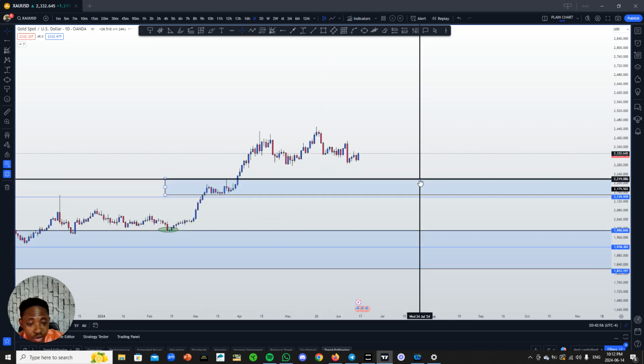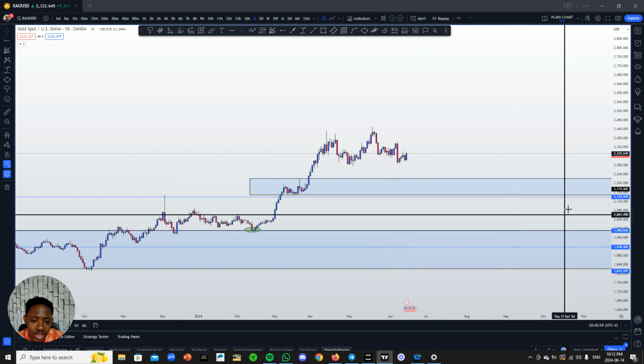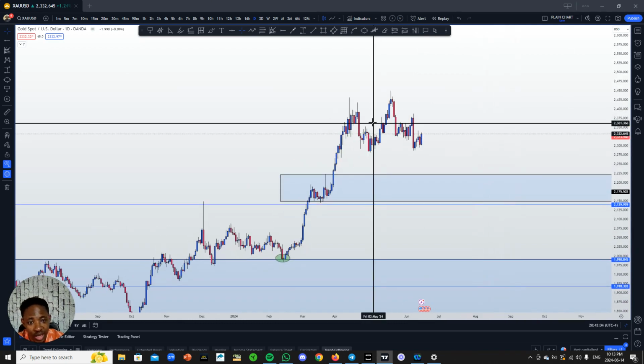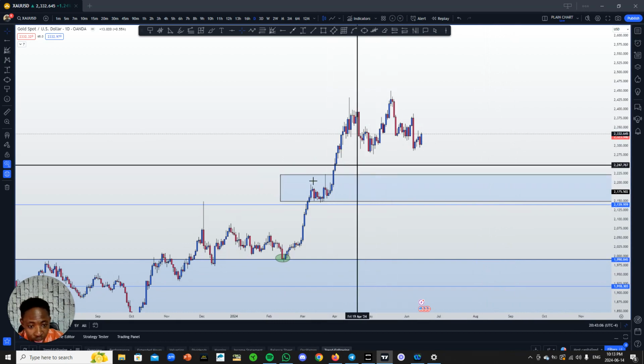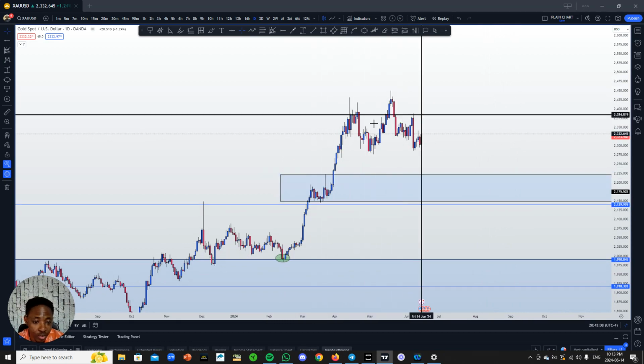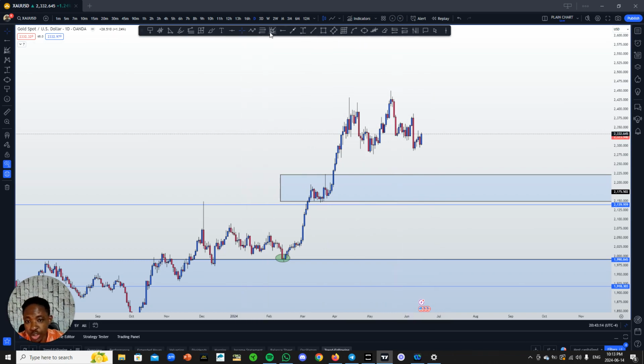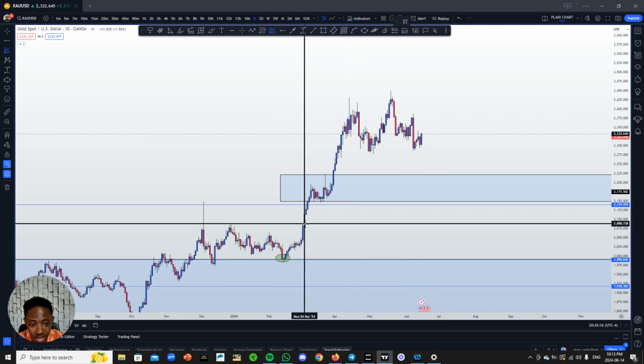So the daily time frame is very important. So am I seeing any levels that are of important here? So here on the daily time frame, what do I see? I see a very nice head and shoulders pattern, right? Very clean one. So looking at this on the daily time frame, this is telling me that gold could be pushing down, right? So if gold is pushing down, there are so many ways I can trade this,